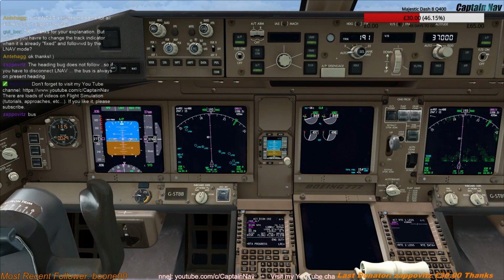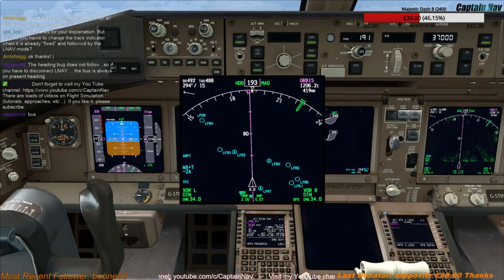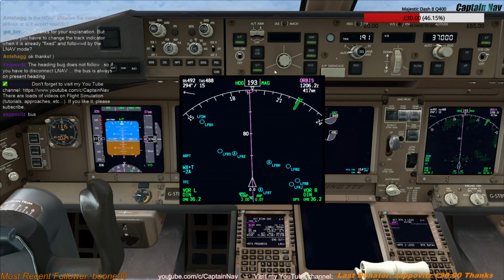The track bug you need to match all the time with the aircraft track. It's not like the Airbus. The Airbus bug follows the actual aircraft track all the time. So if there's a turn, the bug will turn as well. But on the Boeing, you always need to match it. So once you're on the track,